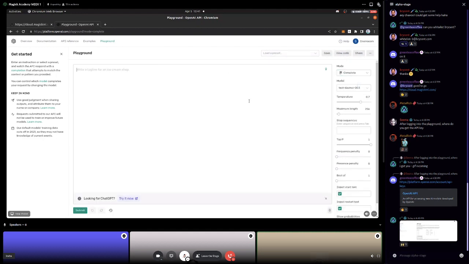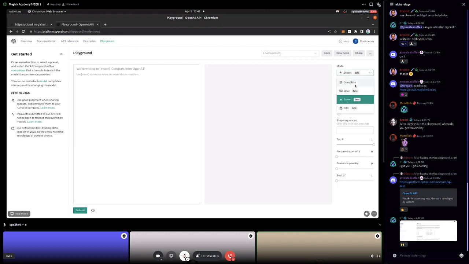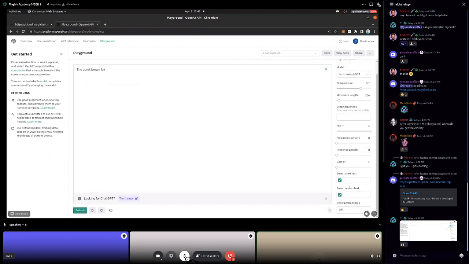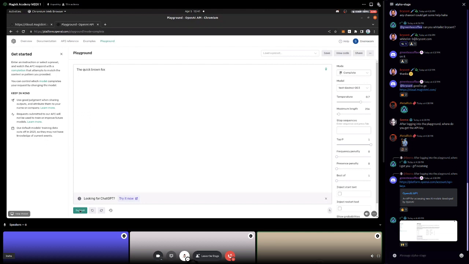There are two kinds of primary models that we use in 2023 to now. In 2022, there was kind of one, which was the text completion. And you see there's complete. And then they added a couple of cool ones like insert. So instead of completing, let's make a completion. I would say the quick brown fox, and then I press submit, and it completes. It actually adds some more stuff. Let me just get rid of these little inject things. The quick brown fox jumps over the lazy dog, right?